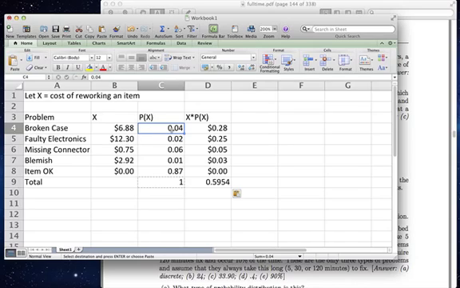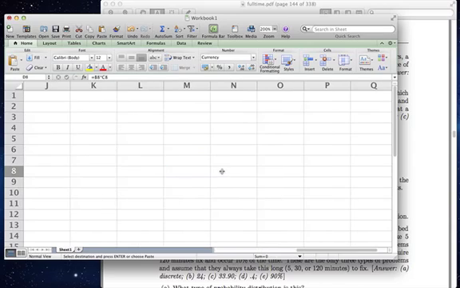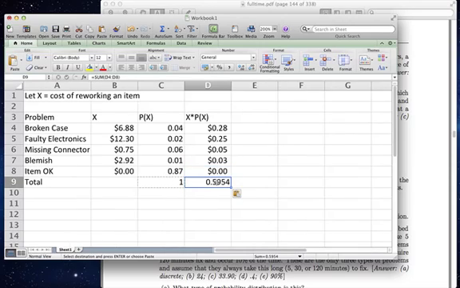However, for 4% of the items that I produce, I'm going to have to spend $6.88. Therefore, on the average, I expect to spend 28 cents fixing the case. Likewise, I expect to spend 25 cents fixing the electronics, 5 cents fixing conductors, 3 cents fixing blemishes, and nothing fixing items that are okay. If we add that up, we get the answer to part B, which is the mean